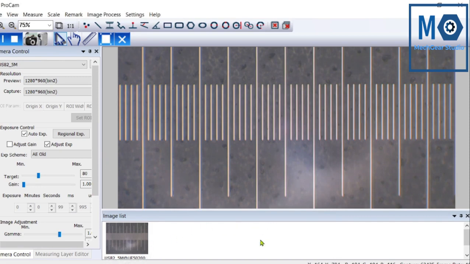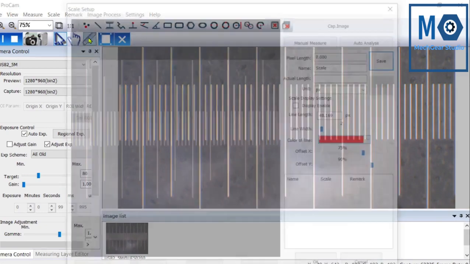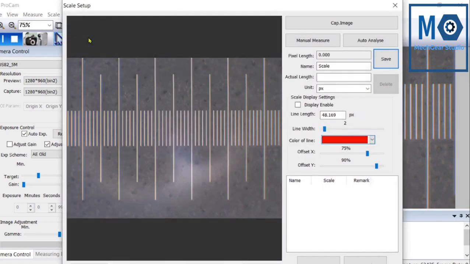This capture image is available at bottom of this image capturing. This is scale tool. We can calibrate by using this scale tool. Auto analysis provides unit in pixel, and for manual measurement we can add manual measurement from this scale which is available in our image.